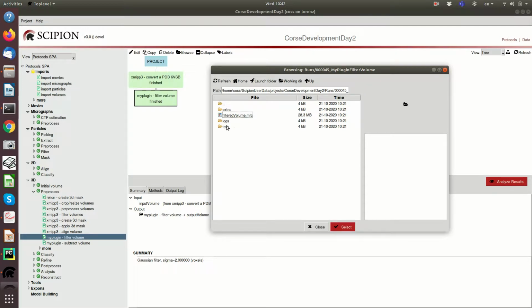So you will always have a logs. That is where part of the housekeeping databases for execution are stored. This is the RunDB and the steps SQLite. This is internal for Scipion, but you also have the standard output of your protocol, the standard error, and some logging. We will see now what these things are. And you also have